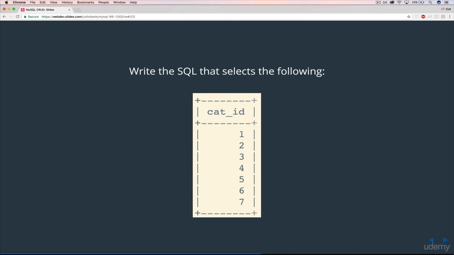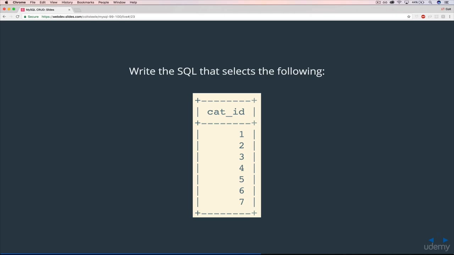And this is using our cats, so the same data that we already had, which is why I asked you to, hopefully you inserted the same cats. Basically, select all the cats, but only get their ID. And then the next thing I'd like you to do, of course, you can pause the video and do it,